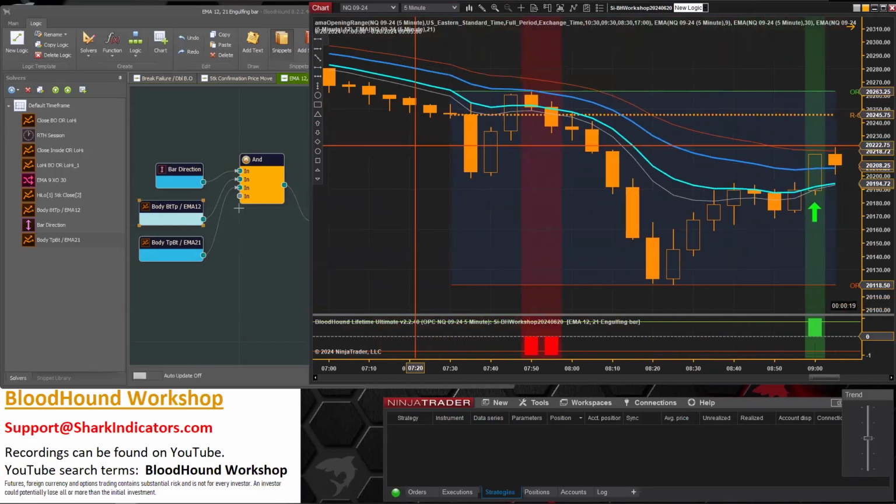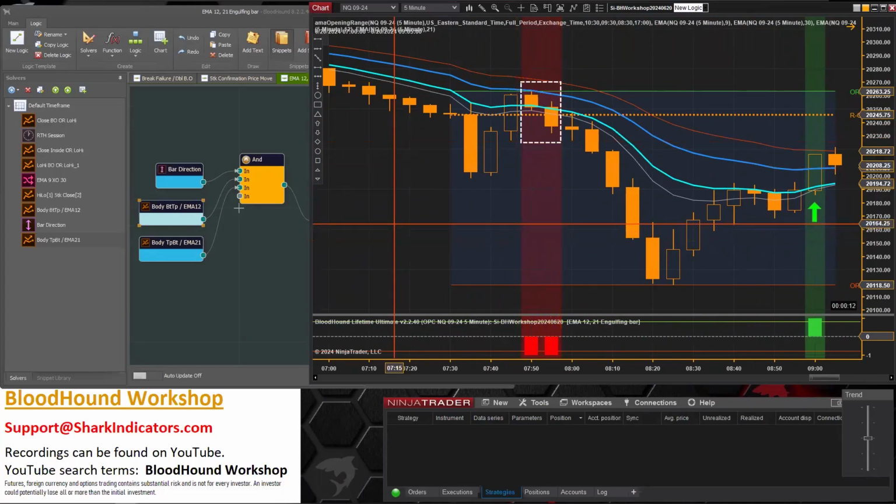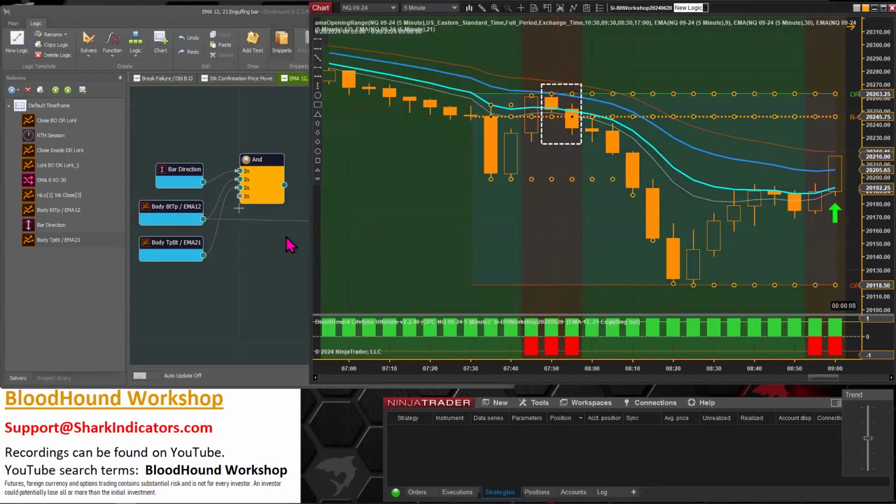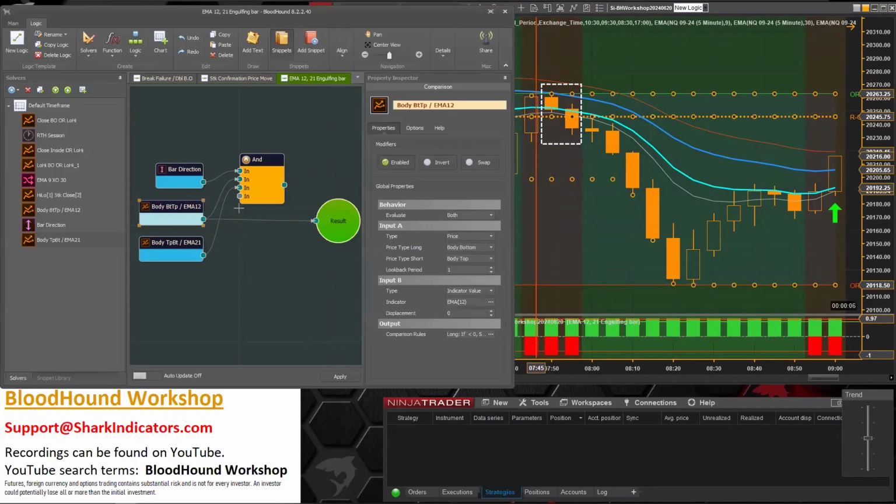And both of these are wrong. All right, so let's see what we got here. Okay, so this one's giving us a short. Let's see, the body top. Yeah, it is greater than the EMA 21. Oh, okay. Yep. So I need